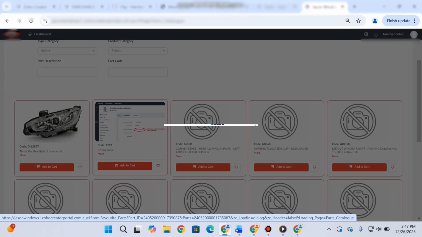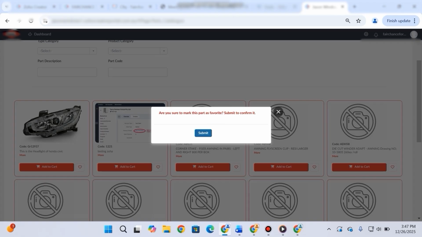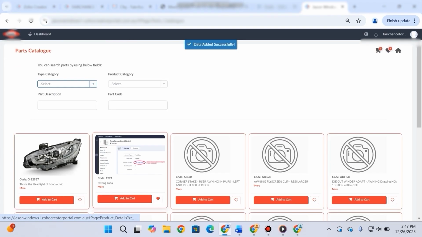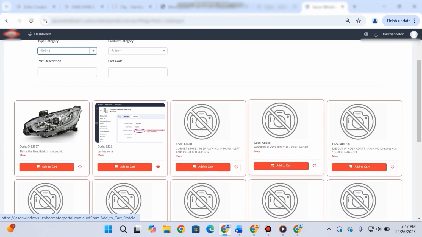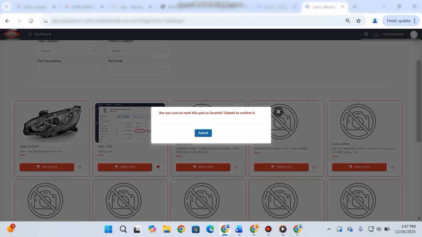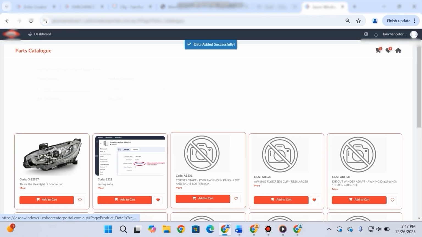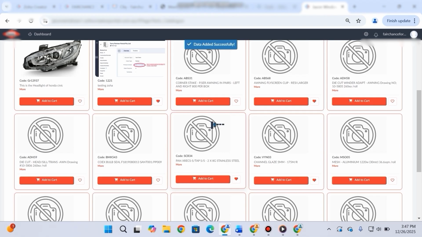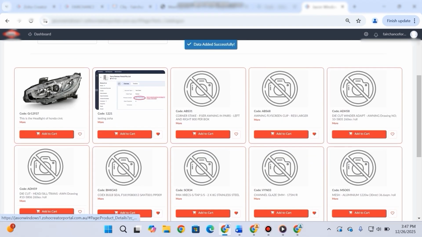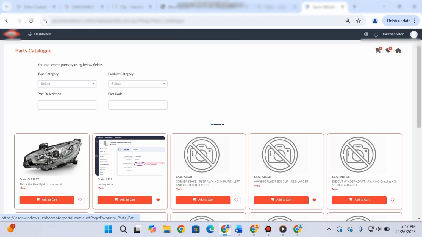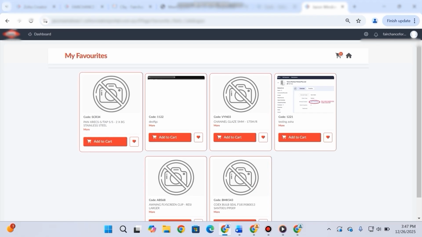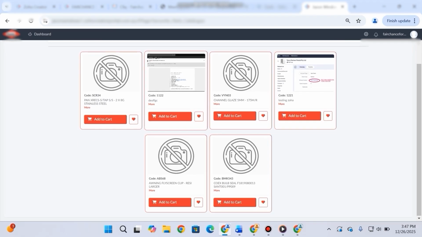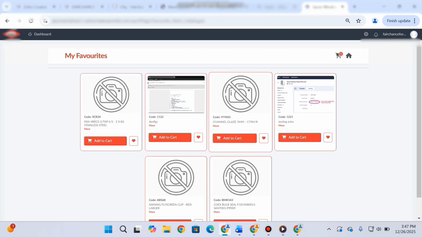For example, if I add this product as favorite, submit, and I also add this product as favorite, so I have marked these products as favorite. I will go to the favorites option. So these are all the products which I have added in the favorites option, so I can easily place the order for them.